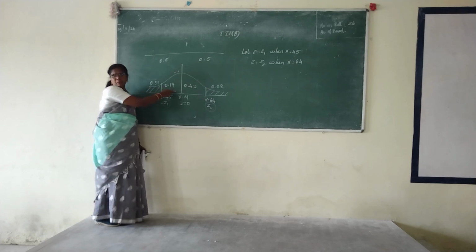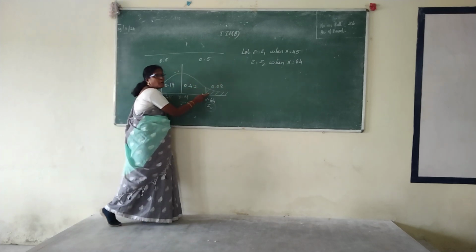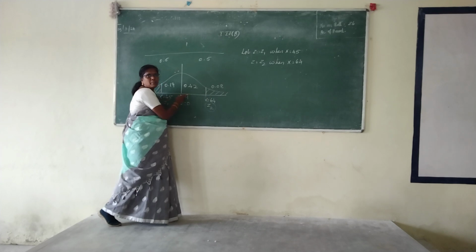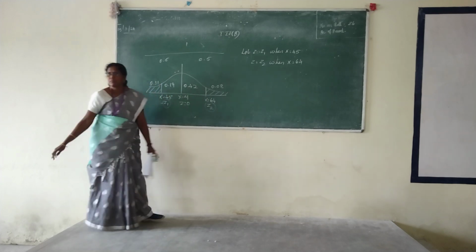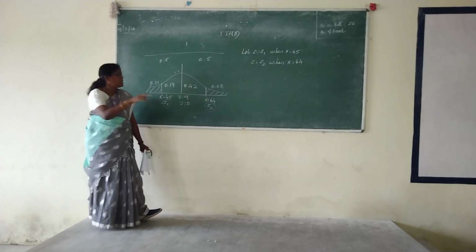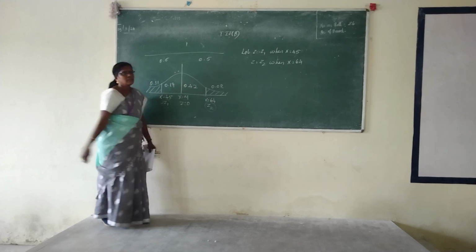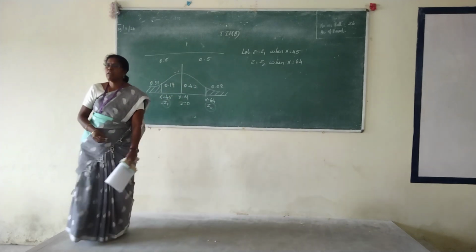It is 19%. Okay. Right hand side is 50% area. Here it is occupying 8% area. So what will be the remaining? 42. Can you understand the logic? Now, using the normal tables, we are going to find what z1 and z2 are. Right, next slide. From the normal curve,